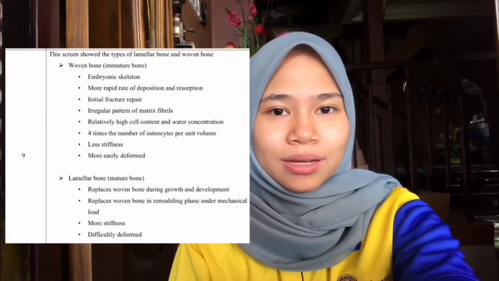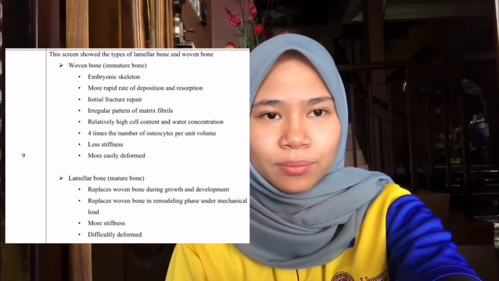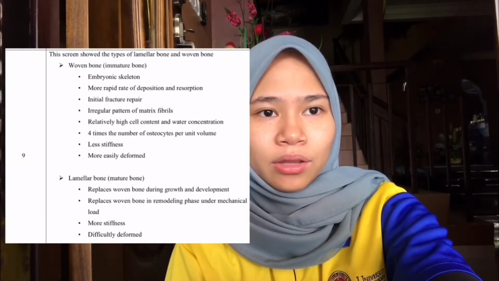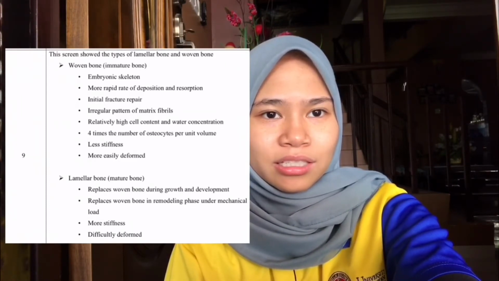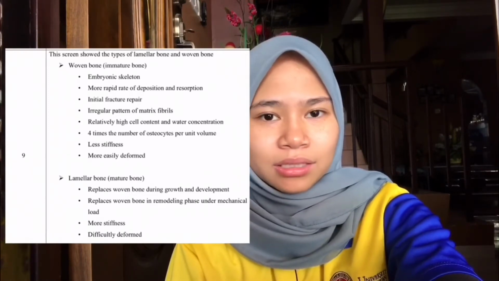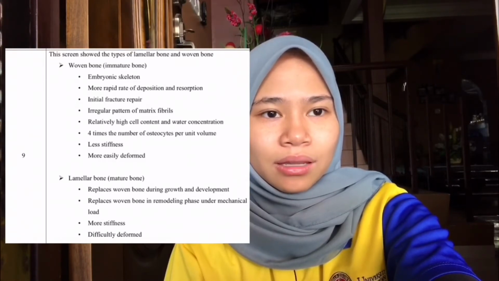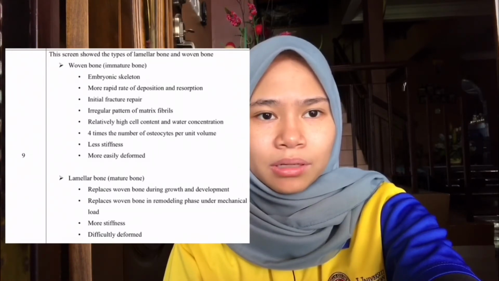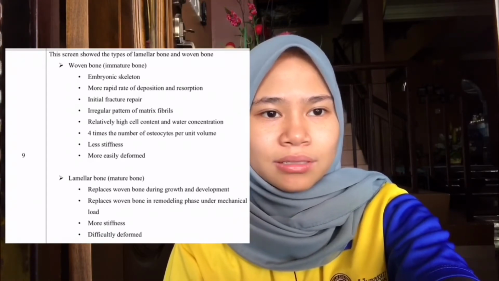And then we go to screen 9. The screen shows the types of lamellar bone and woven bone. First, woven bone, immature bone. The type is embryonic skeleton, with a more rapid rate of deposition and resorption, initial fracture repair, an irregular pattern of matrix fibrils, relatively high cell content and water concentration, 4 times the number of osteocytes per unit volume, less stiffness, and lastly,